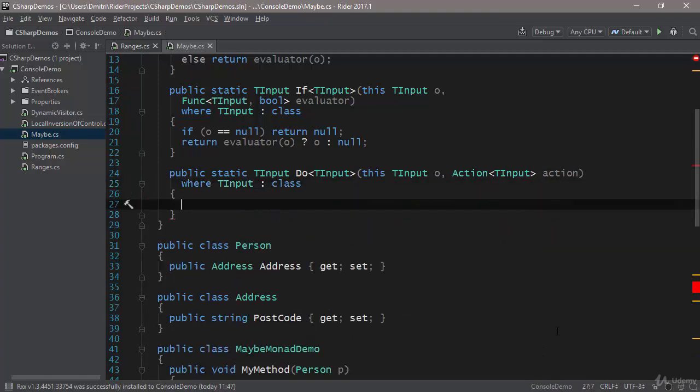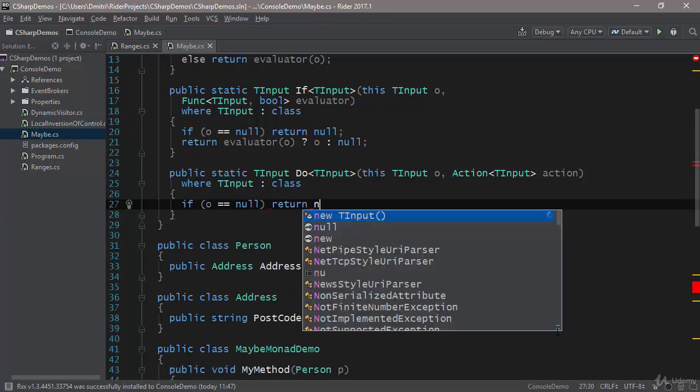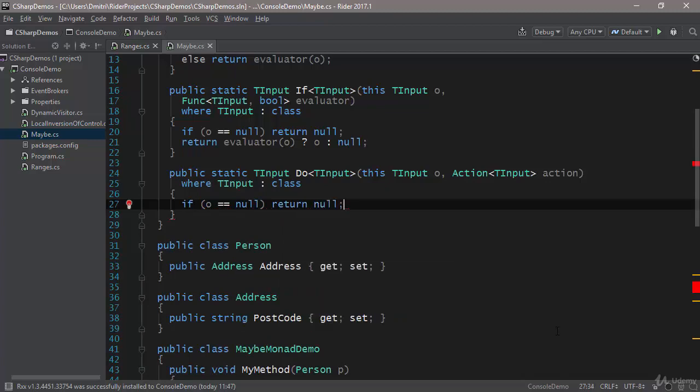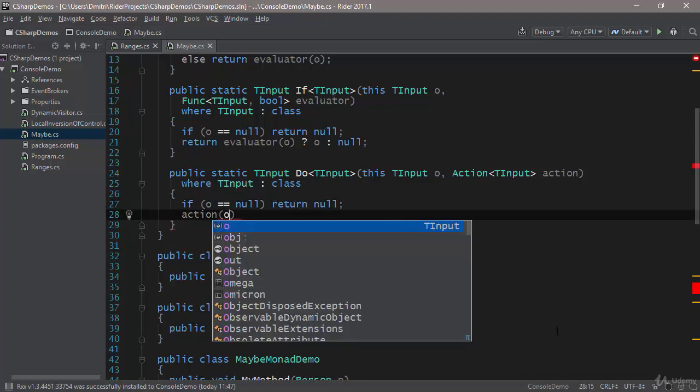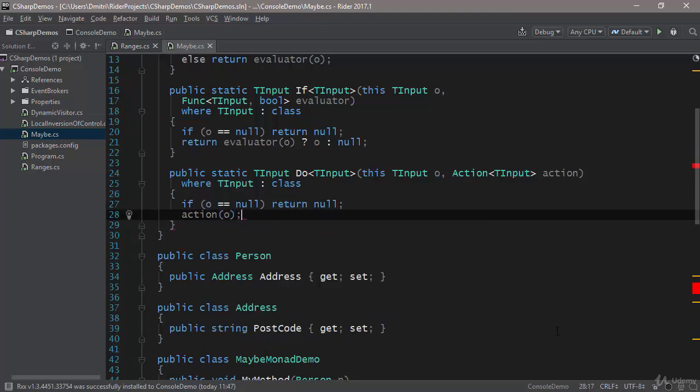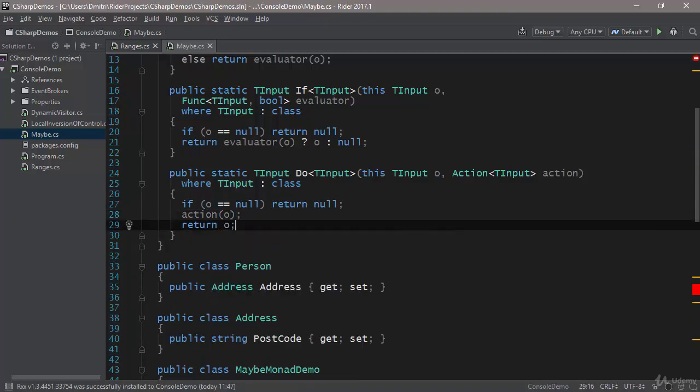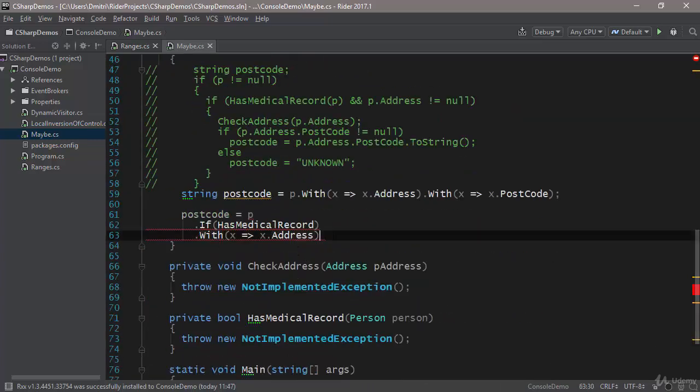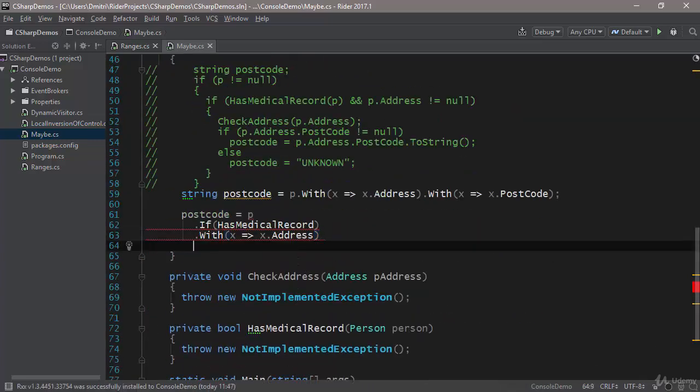Okay, so what's happening here is if the object is null, so if the context is null, we simply return null. We keep propagating the null onwards. Otherwise, we call the action on the object and we return the object. So it's still a fluent interface. This entire thing is a fluent interface. And as a result, the next action that we can do is we can